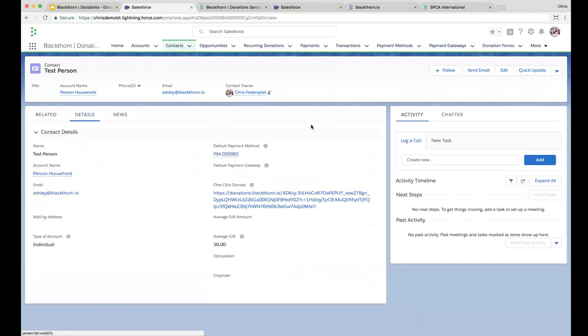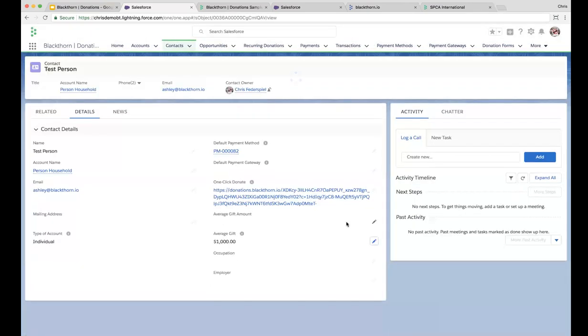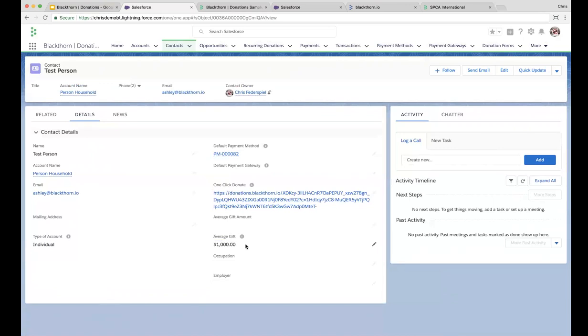if you're running the MPSP, you all actually already have this feature. If you have any opportunities related to the contact, this average gift amount will automatically be populated. So the way you would do this is that if you had like 20 opportunities that were all for variable amounts, but the average was like 1,000, what you would do is that when you use your mass email application, either from a Salesforce mass email template you would build, or from like a MailChimp or Pardot or Marketing Cloud,